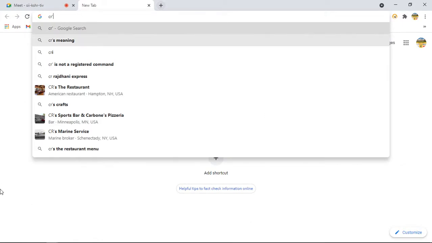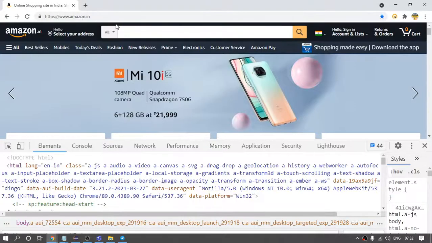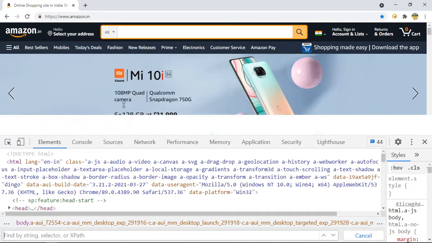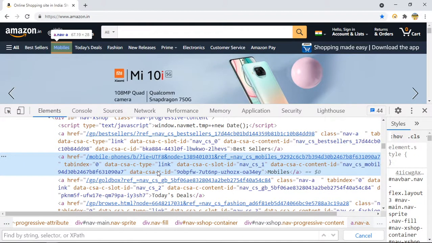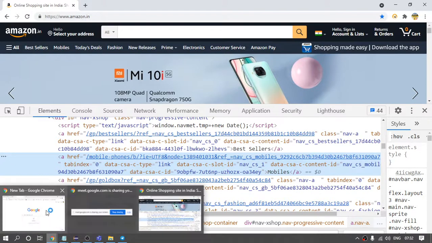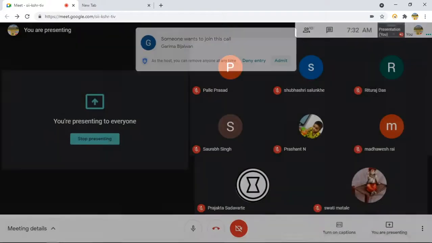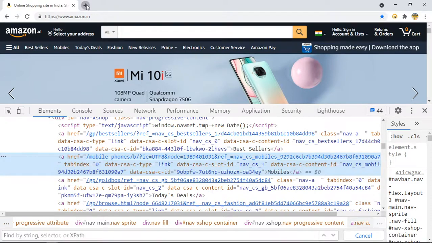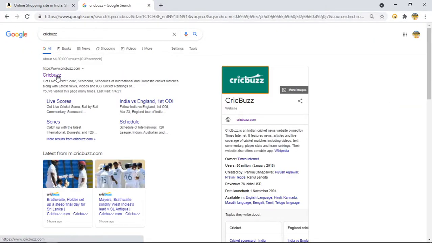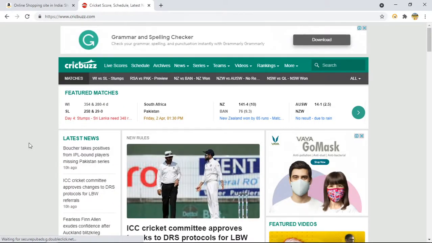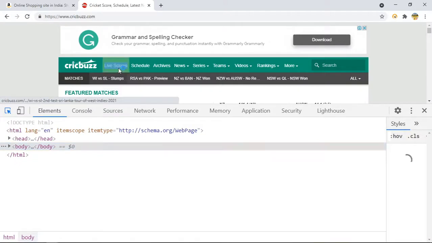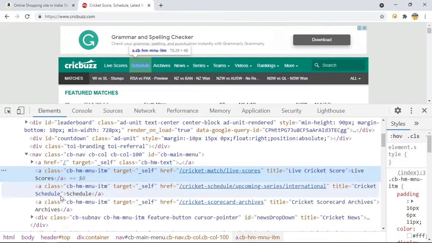So like if I open any website, okay. So suppose this is the URL.